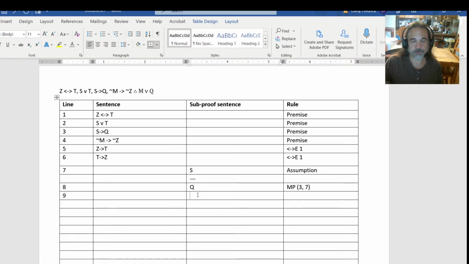Because even though Godzilla doesn't exist, I'm not saying Godzilla exists. I'm just saying it's true that either George Washington was the first president of the United States or Godzilla exists. And since George Washington was the first president of the United States, the entire sentence is true. So here we can conclude M or Q, and just one of the simplest rules, disjunction introduction, and we just